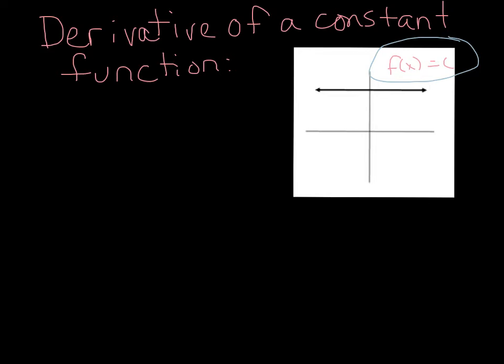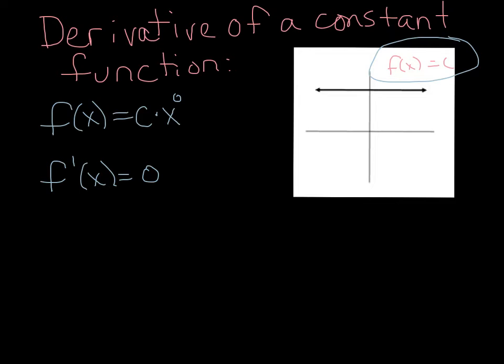And really I want to write this in a different way though. I really want you to consider f(x) equaling c times x to the 0 power. So really what a constant function is, it's a function where the variable x is raised to the 0 power, making it a degree 0 function, and you'll see the importance of that down the line. All I really need you to understand at this point is that the slope of the tangent line to a horizontal line is itself horizontal, which means that the derivative, f prime of x, is just going to equal 0